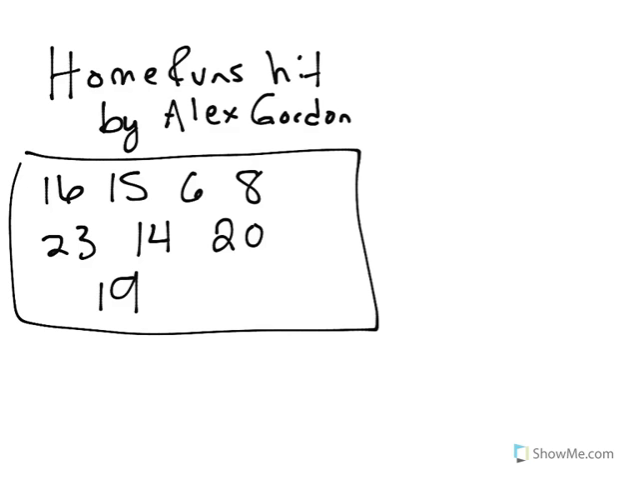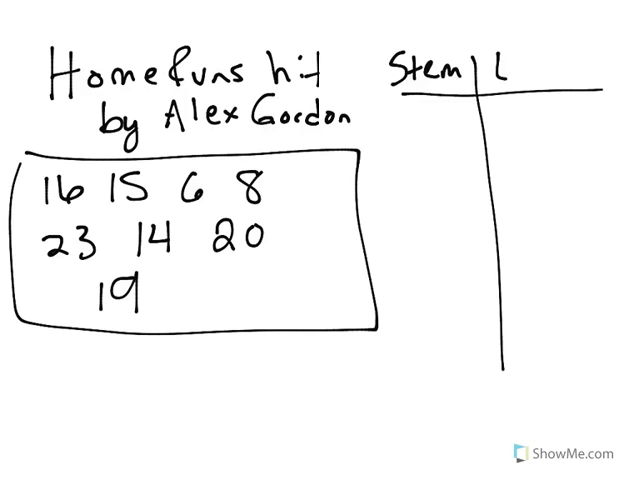So let's take a look at a group of data, and we'll go ahead and put it into a stem and leaf plot. The information we have is home runs hit by Alex Gordon. Now, if we're going to put it into a stem and leaf plot, here's how it goes. We're going to write stem and leaf. And what we're going to do depends on what numbers you get. Since we have all two-digit numbers,